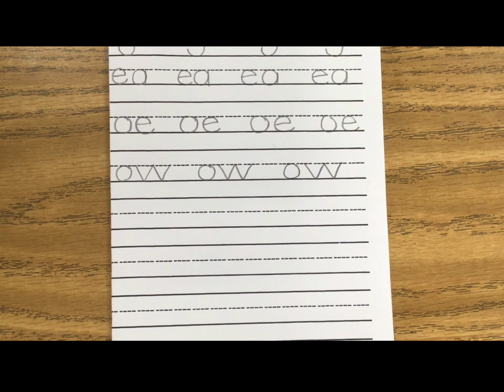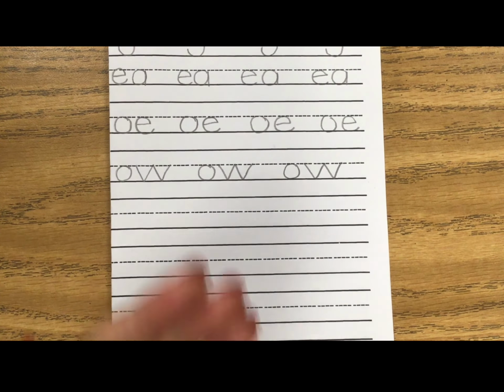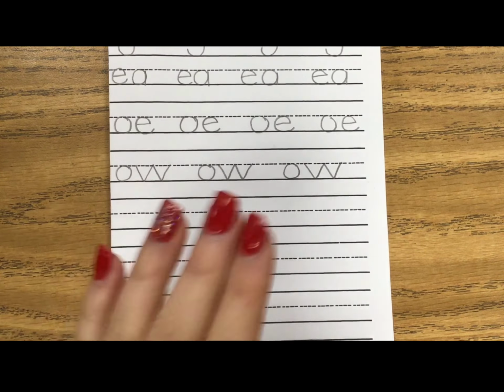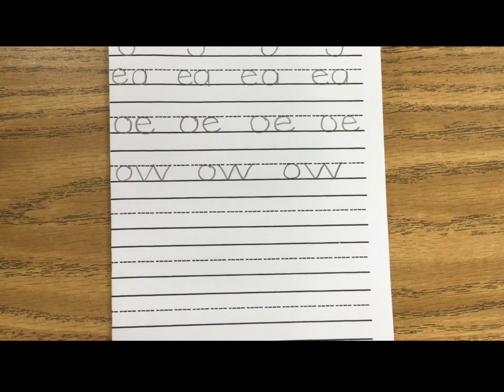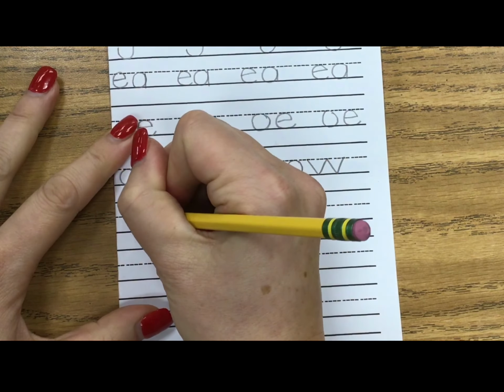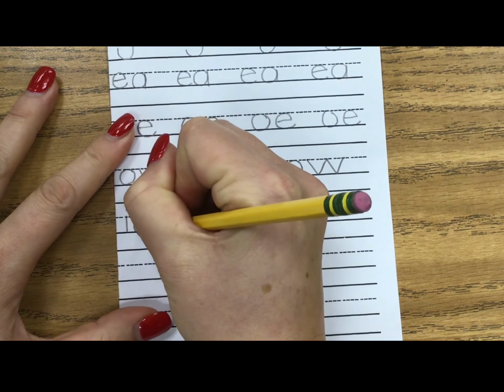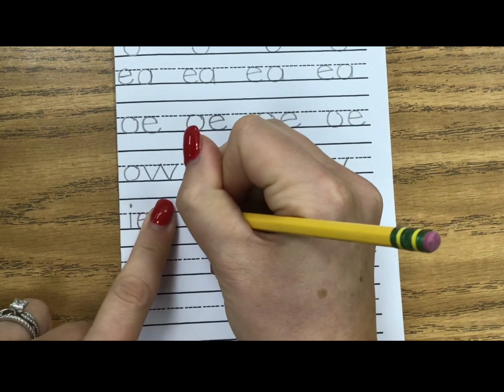If you are at the end of the line, our next sound is E-I. Say it with me. E-I. Go ahead and write it. E-I. And we write that backwards with an I-E. And I like to say as I go along to help me remember,